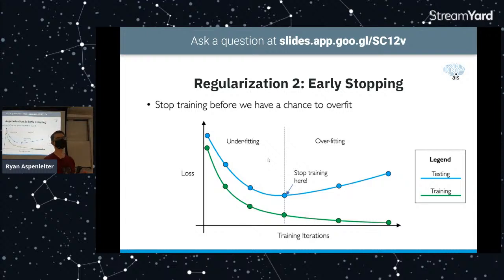There's a number of other approaches, but this is something that you have to keep track of. Training for 1,000 years on a data set isn't necessarily going to make a better model. In fact, it'll probably be worse than one that doesn't train that long, because it's going to know the data it's working with very, very well, but it won't know how to apply that to anything else. So that's the purpose of addressing overfitting.